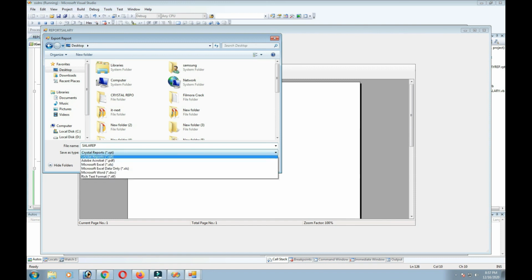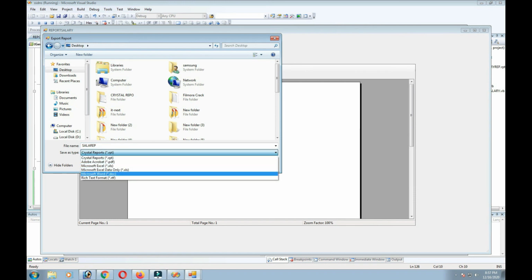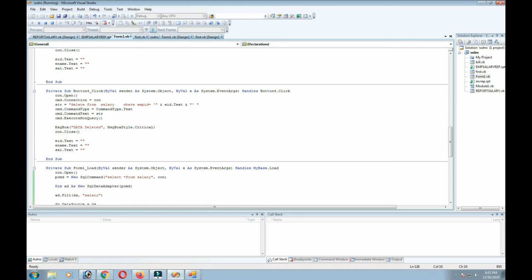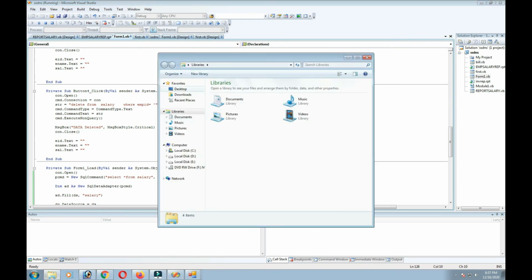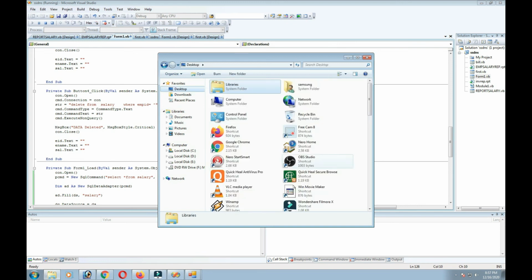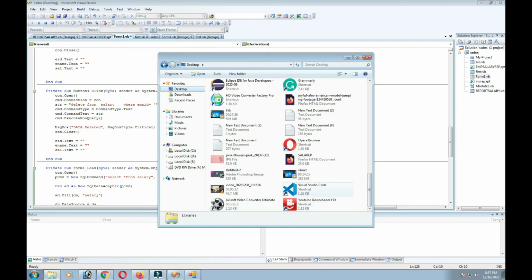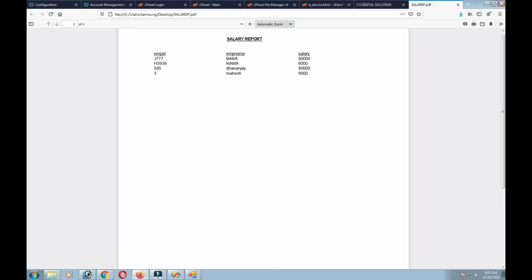Here you can select which format you want: RTF, document, PDF, or Excel. Whichever you want, you can select it and then press save. So the export is completed. After this, you can minimize all these windows and you can see it here on the desktop. Where is that PDF file? This is it. Just run that report file and it will open as a PDF report. See, this is the one. So directly you can send it to clients like this.